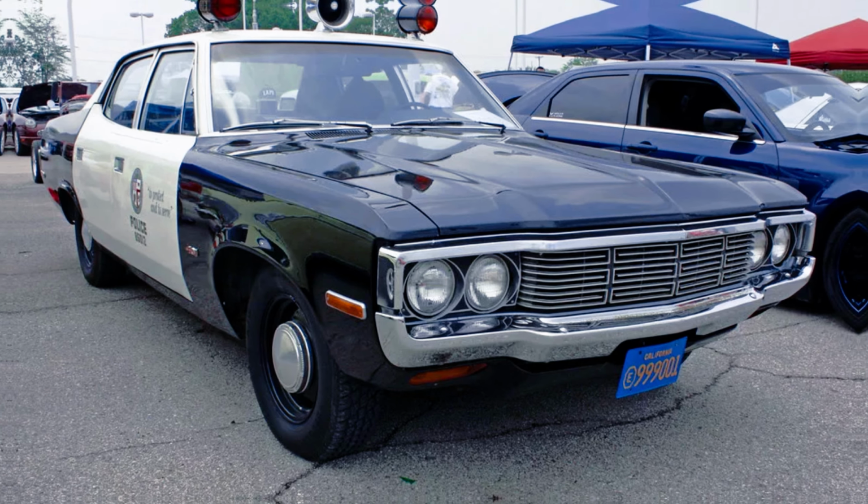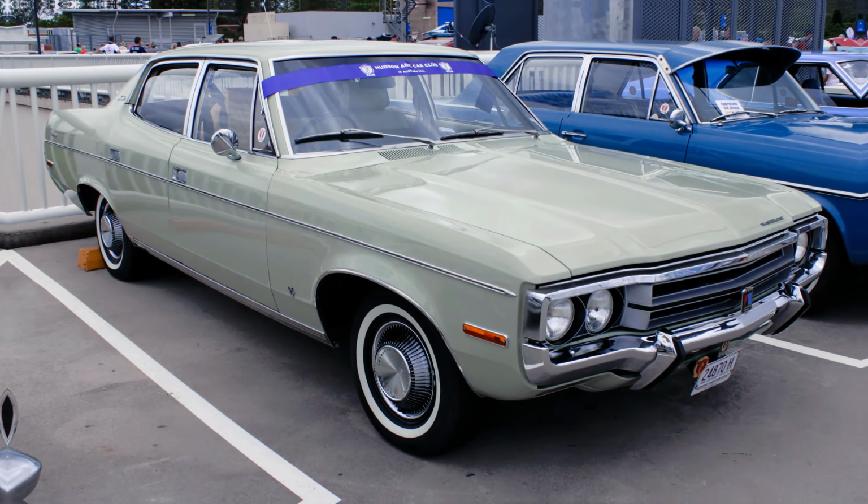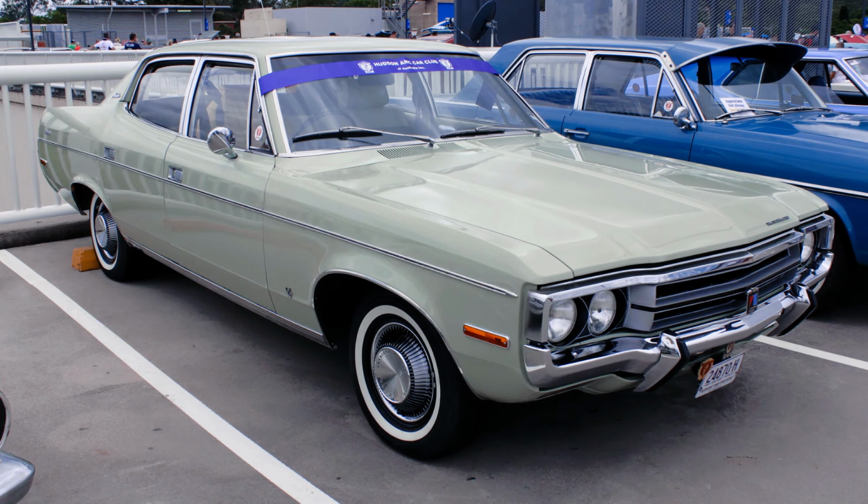The rear end tapered awkwardly and lacked any visual punch. The coupe version that followed in later years at least had some flair. But the sedan? It was the automotive equivalent of taupe carpeting. AMC wasn't trying to make the Matador a hot rod, just a dependable family sedan, and in that sense, it